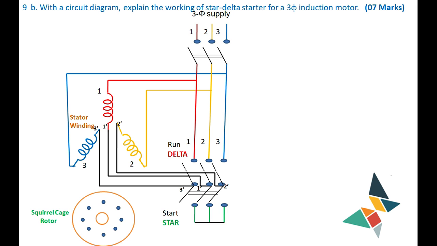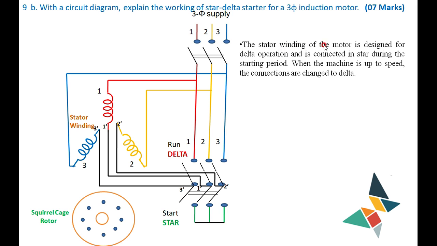Then under running condition, you connect the same winding in delta. The voltage you get is the full voltage of 440, because the per phase voltage as well as the line voltage remain the same. Thereby, under running condition, you are applying the full voltage. At the time of starting, you are applying the lesser voltage. Because of the application of the lesser voltage, it will draw a lesser current. Okay, that we will see in the discussion here.